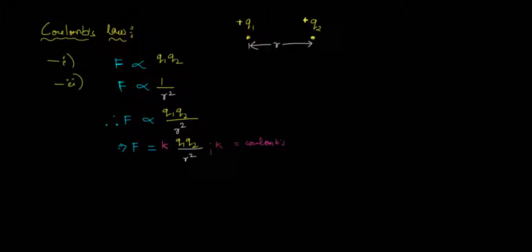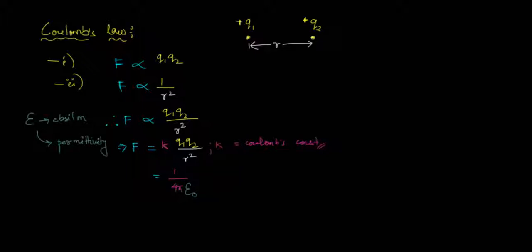Coulomb's constant was found experimentally. Its value is k equal to 1 by 4 pi epsilon naught. The symbol epsilon is used here, and epsilon naught represents the permittivity,